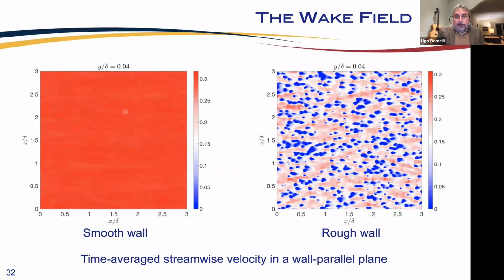It's the same everywhere because the sample is large enough that the time average velocity is a function of y, normal to the wall, only. In the case of roughness, that's not the case at all. Since you have those roughness elements, the velocity is zero in the roughness element, you have stagnation points, you have channeling regions of high speed like this one, where the flow finds a path between roughness elements and so on.